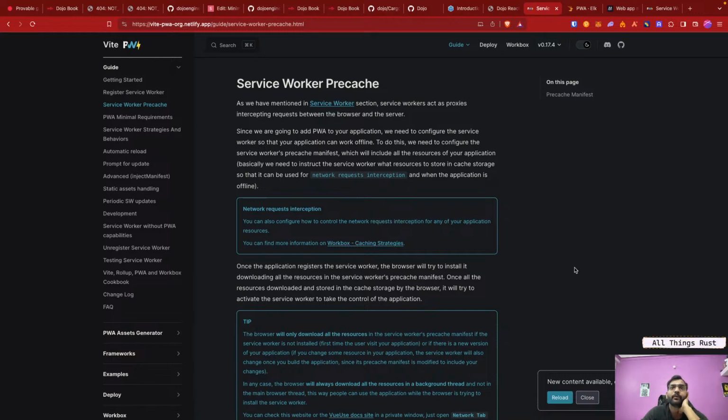As we have mentioned in the service worker section, service workers act as proxies intercepting requests between the browser and the server. Since we are going to add PWA to your application, we need to configure the service worker so that your application can work offline. To do this, we need to configure the service worker's pre-cache manifest, which will include all the resources of your application. Basically, we need to instruct the service worker